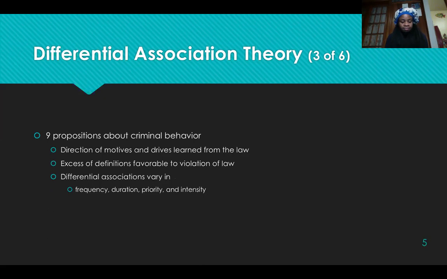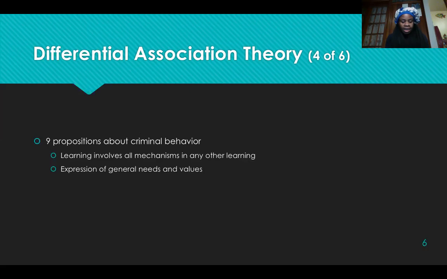The sixth, a person becomes delinquent because of an excess of definitions favorable to violation of law over definitions unfavorable to violations of law. The seventh is that differential association may vary in frequency, duration, priority, and intensity. The eighth, the process of learning criminal behavior by association with criminal and non-criminal patterns involves all the mechanisms